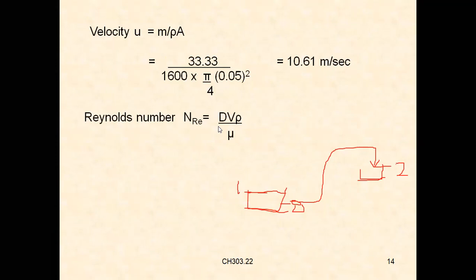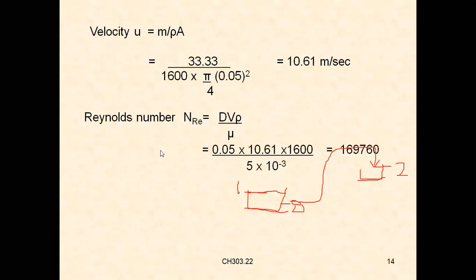And Reynolds number we have to calculate. Why we have to calculate the Reynolds number is to calculate the friction losses in the entire piping system from station 1 and 2. To calculate the friction losses, that is the value of HF, we have to calculate the NRE. By using the value of NRE only, we can know the flow is laminar or turbulent. Based on the flow, we can calculate the value of HF.